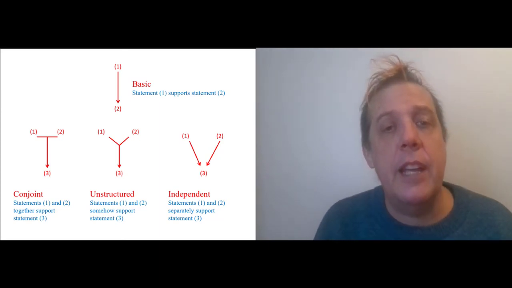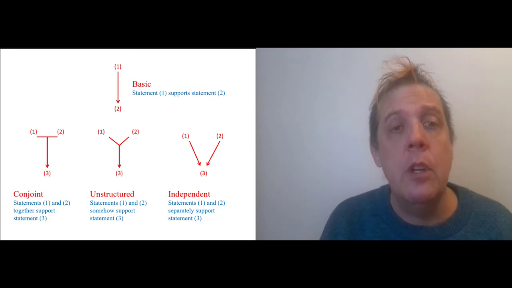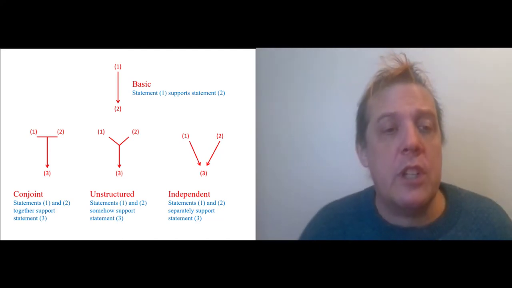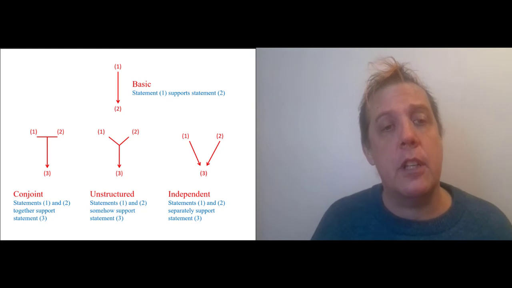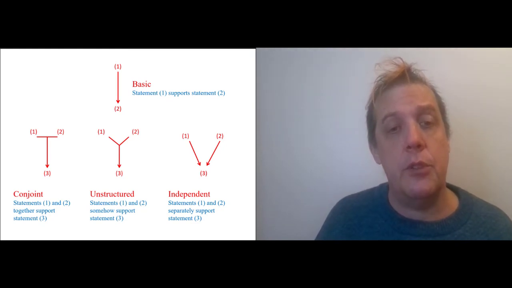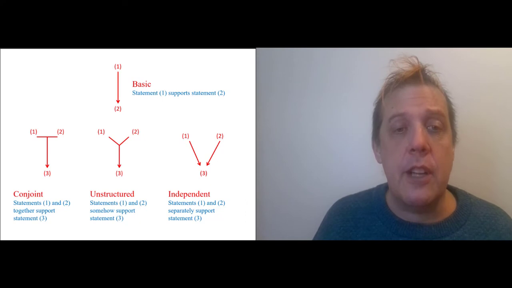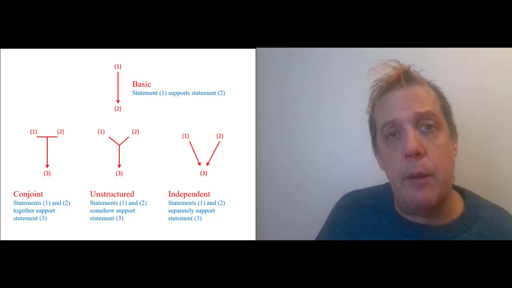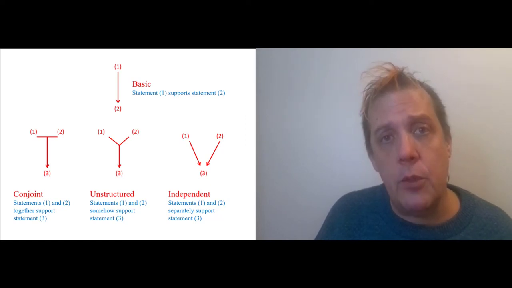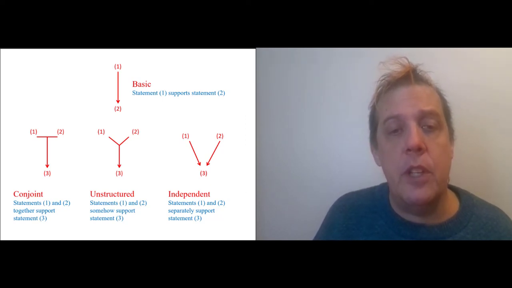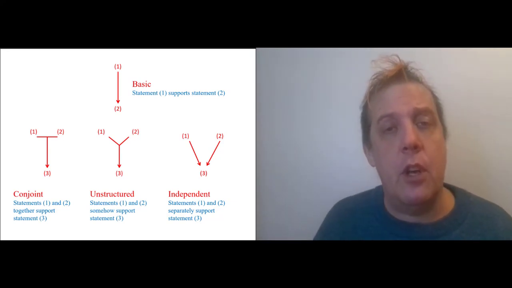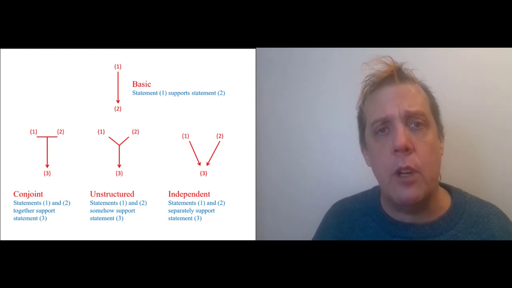So the simplest case is just one premise, one conclusion. The premise supports the conclusion, you have an arrow. In the conjoint case, two premises work together and require each other to give you sufficient reason to believe the conclusion. In the unstructured case, it's not clear what the relationship between the premises is. Maybe they function independently, maybe they don't. And then in the independent case, it's explicit that either premise on its own is sufficient to warrant believing the